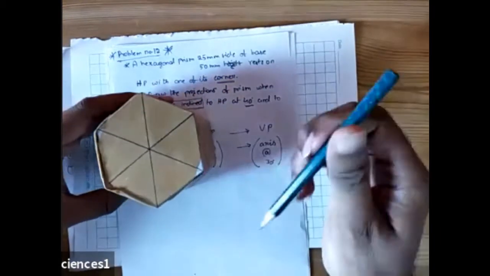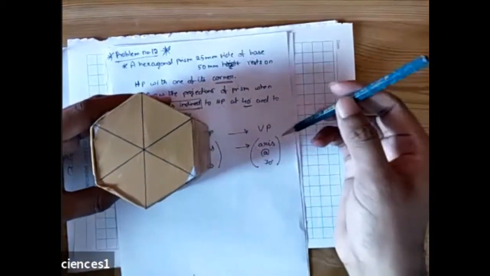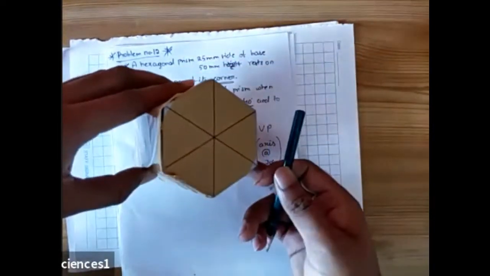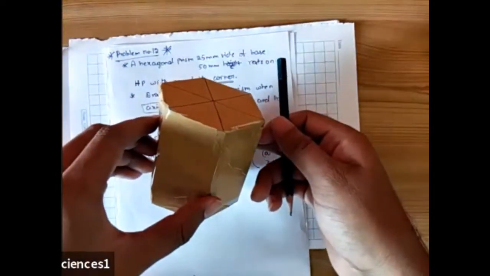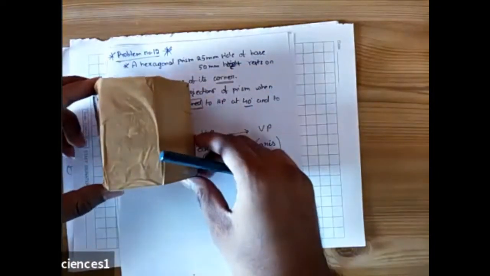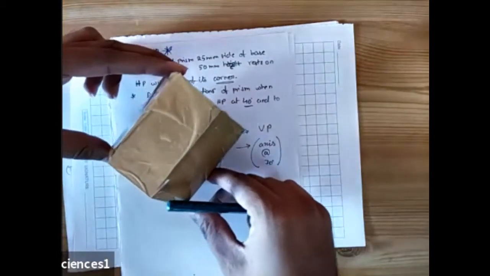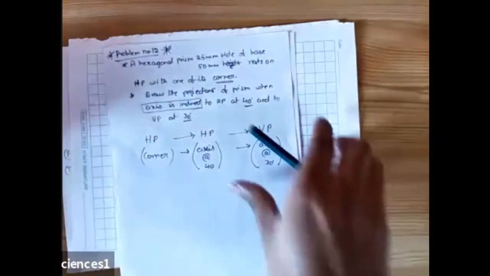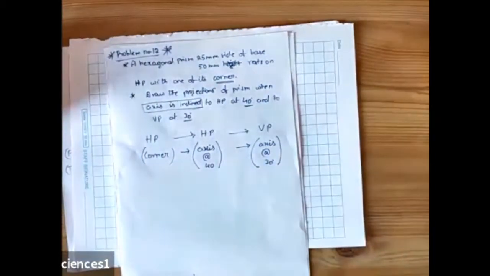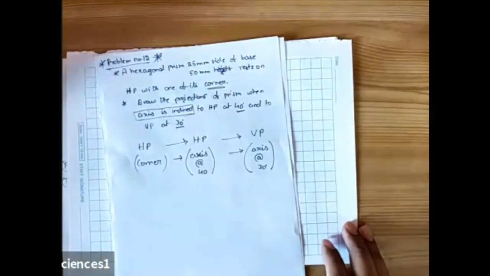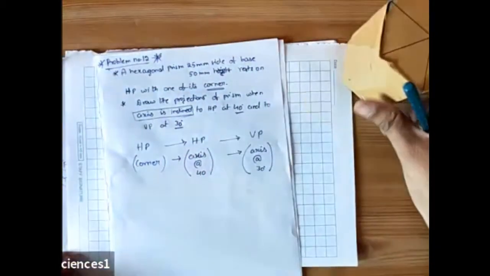Finally, the same axis is inclined to VP at an angle of how much? 30 degrees. So same axis: first condition, second condition, third condition, you will incline like this. In the third condition, you will incline like this. The front view will be like this. First condition, second condition, third condition will be like this in the front view. It is similar to the pentagon, but the solid which has changed here is, instead of a pentagon prism, we have a hexagon prism. That's all. Fine, we'll start solving it.